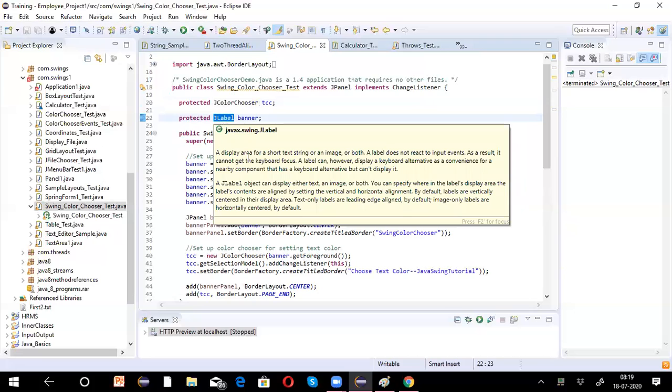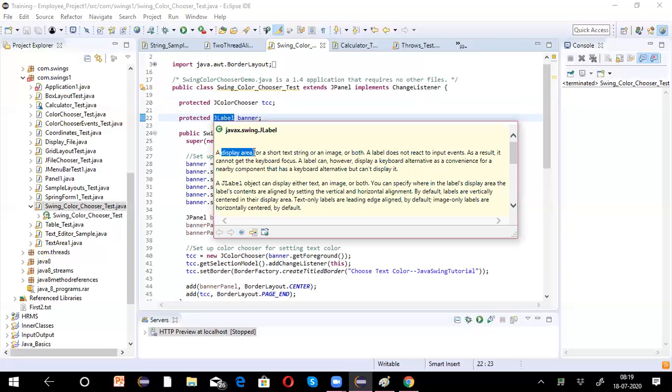A label is another component which is used to display text. You can use it as a display area for a short text string or an image or both. The most important thing is that a label does not react to input events. You cannot handle events on labels.